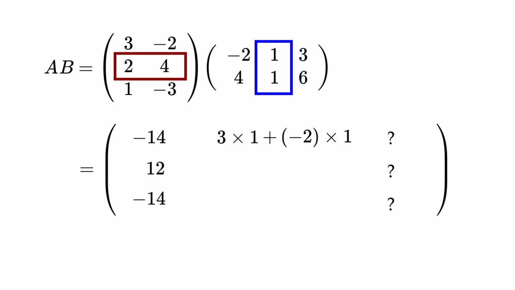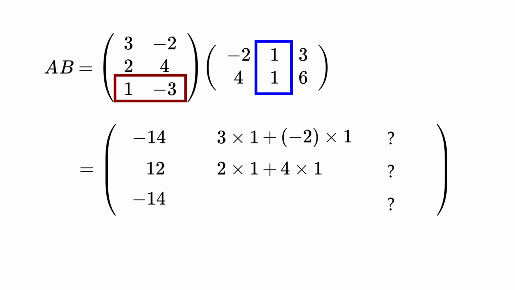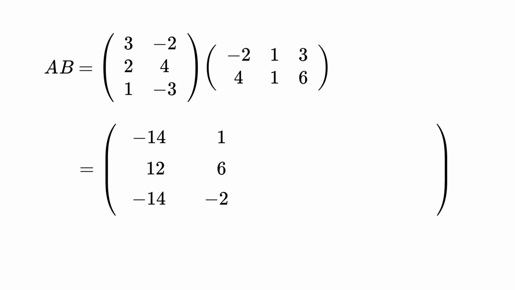Then the next step is to move to the second row in matrix A. Now we have 2 times 1 plus 4 times 1. Then we consider the third row. That will be 1 times 1 plus -3 times 1. We simplify to obtain the values, and then we move to the third column in the matrix B, and we